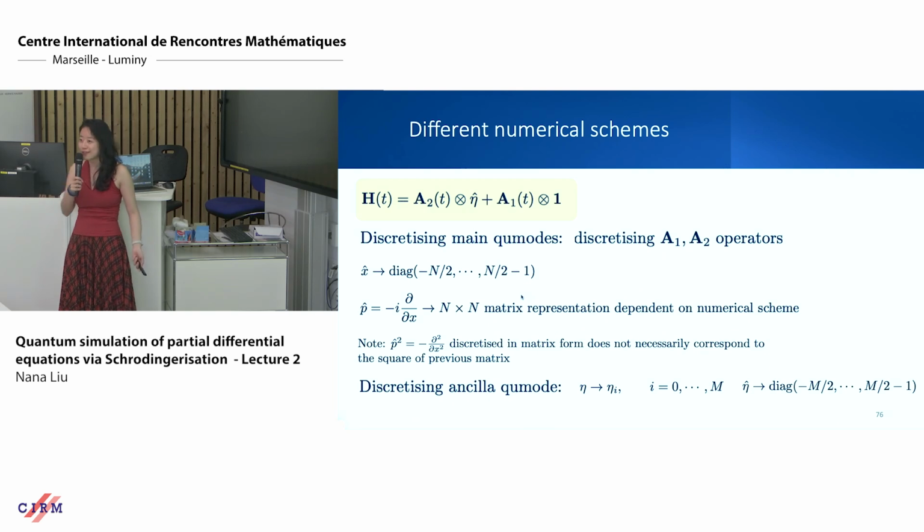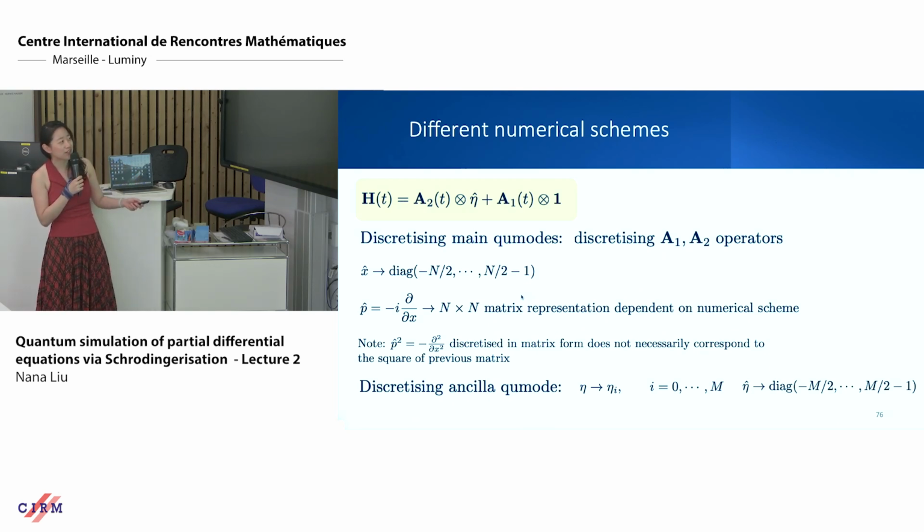Okay, you know very well that all these numerical schemes are really different ways of representing the derivative. And just as a note, you think p squared is just p hat times p hat, right? But when you discretize in matrix form, it doesn't necessarily correspond to the square of the previous matrix. So that's just something